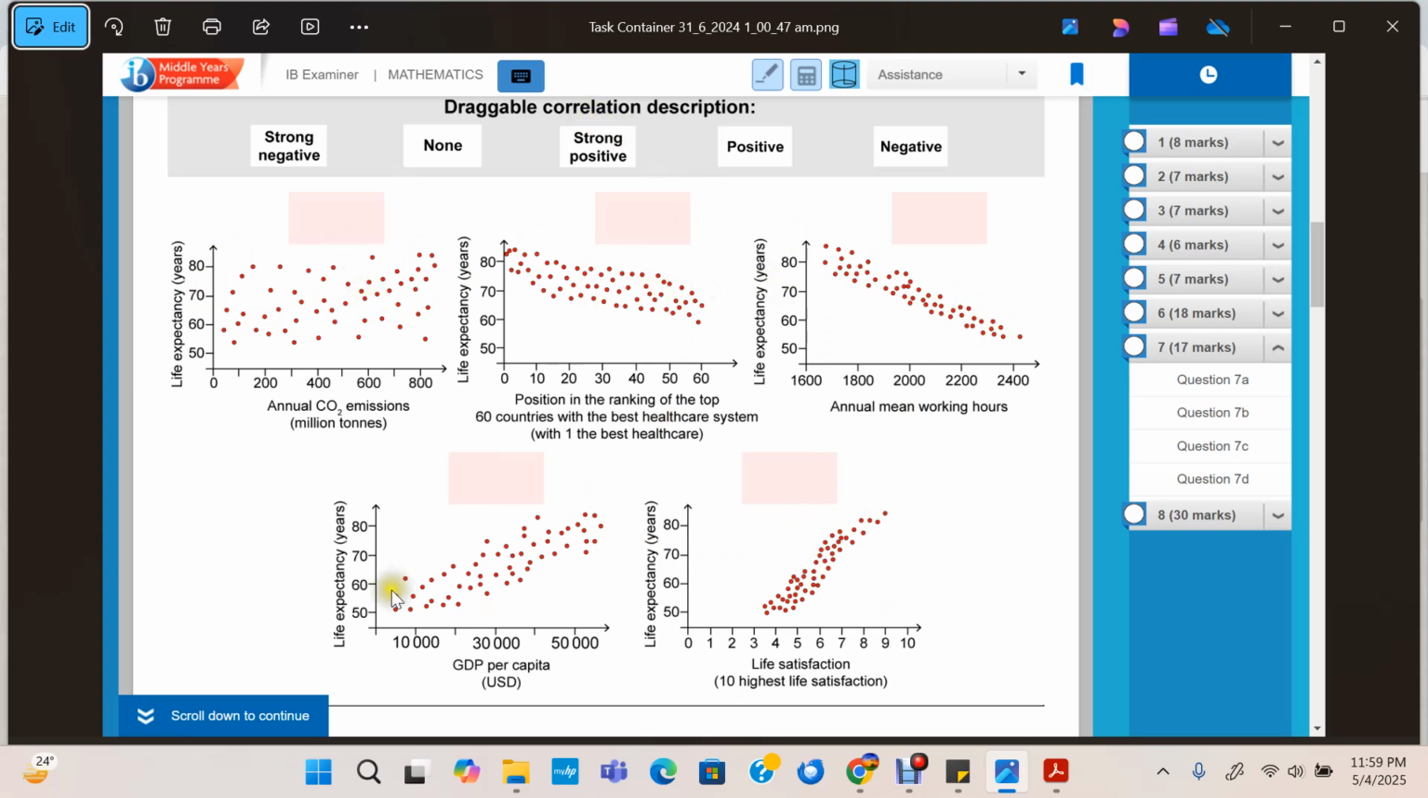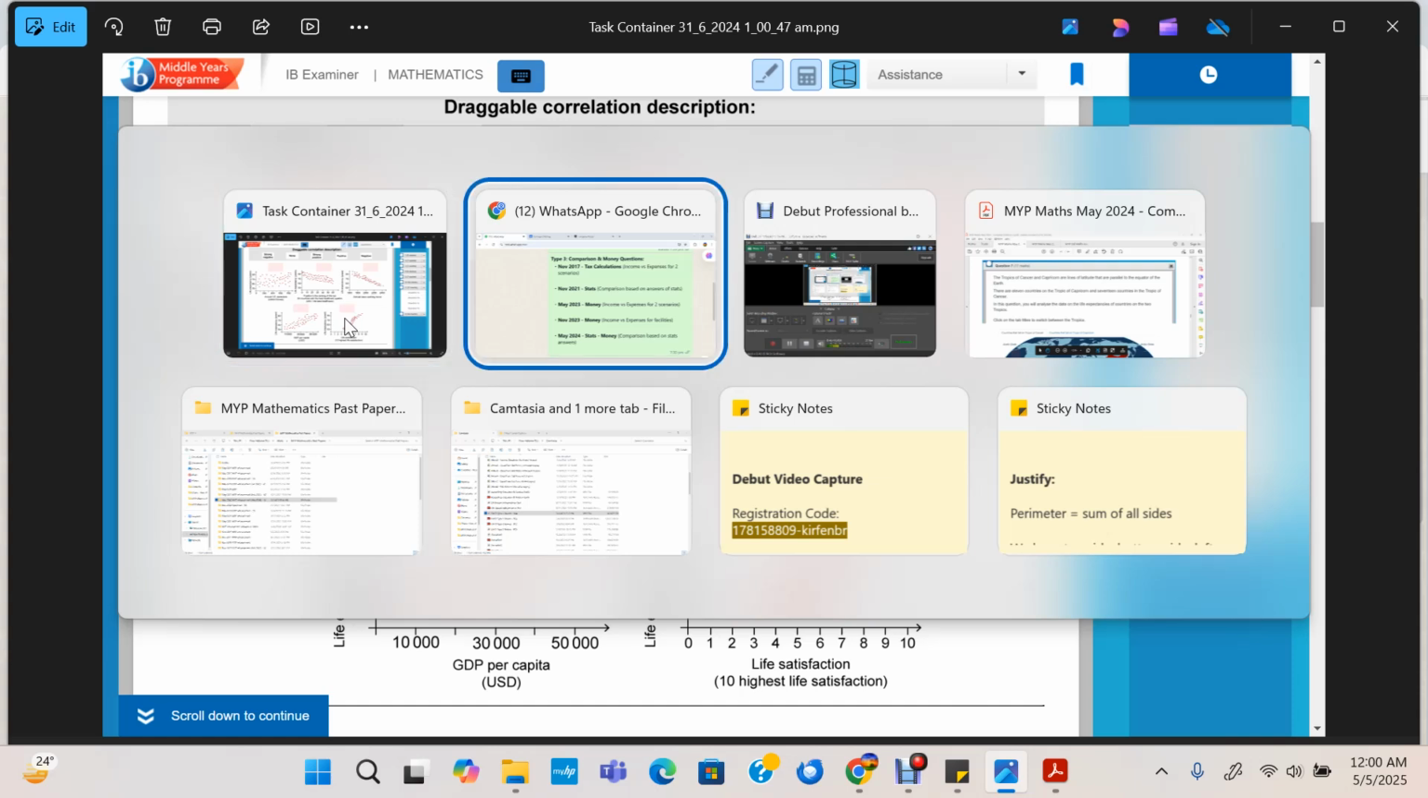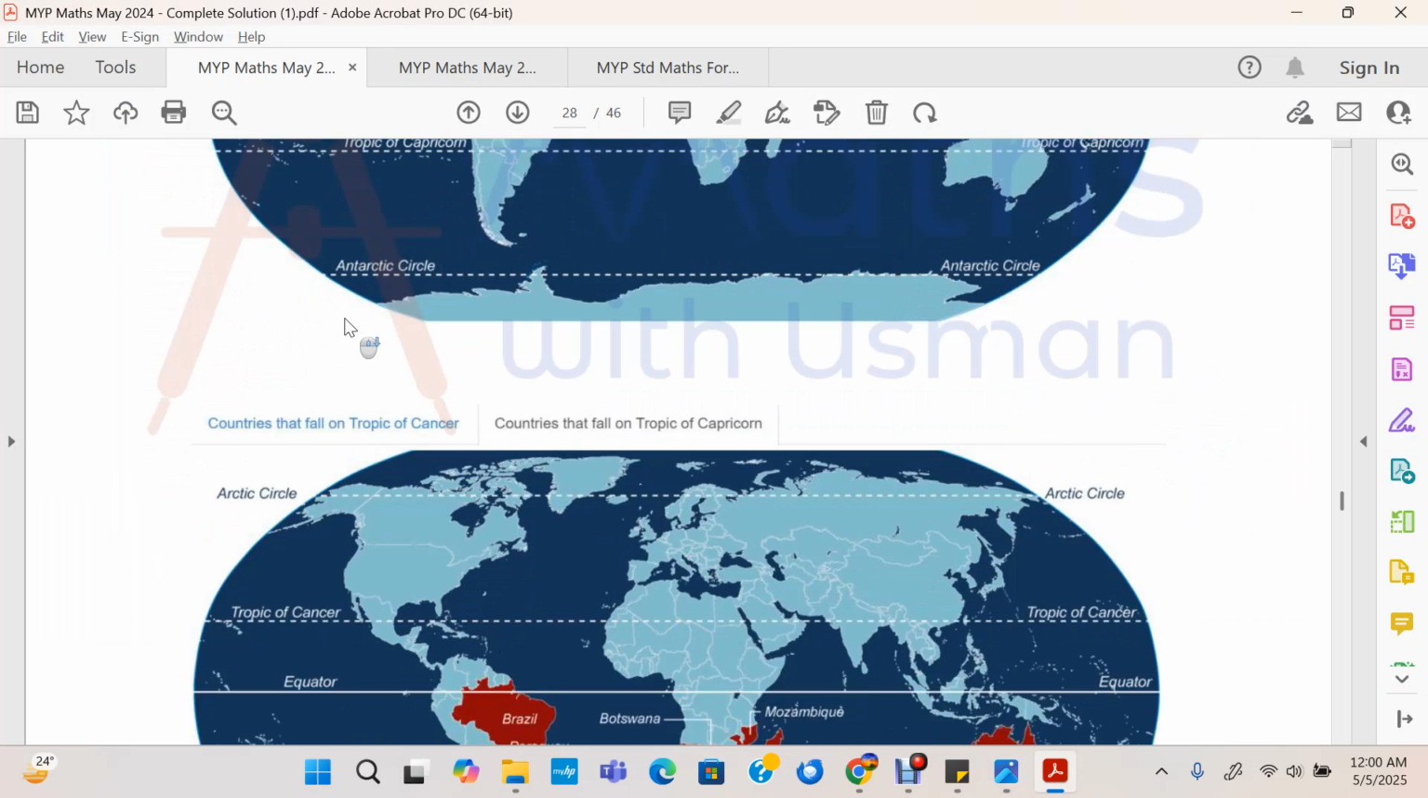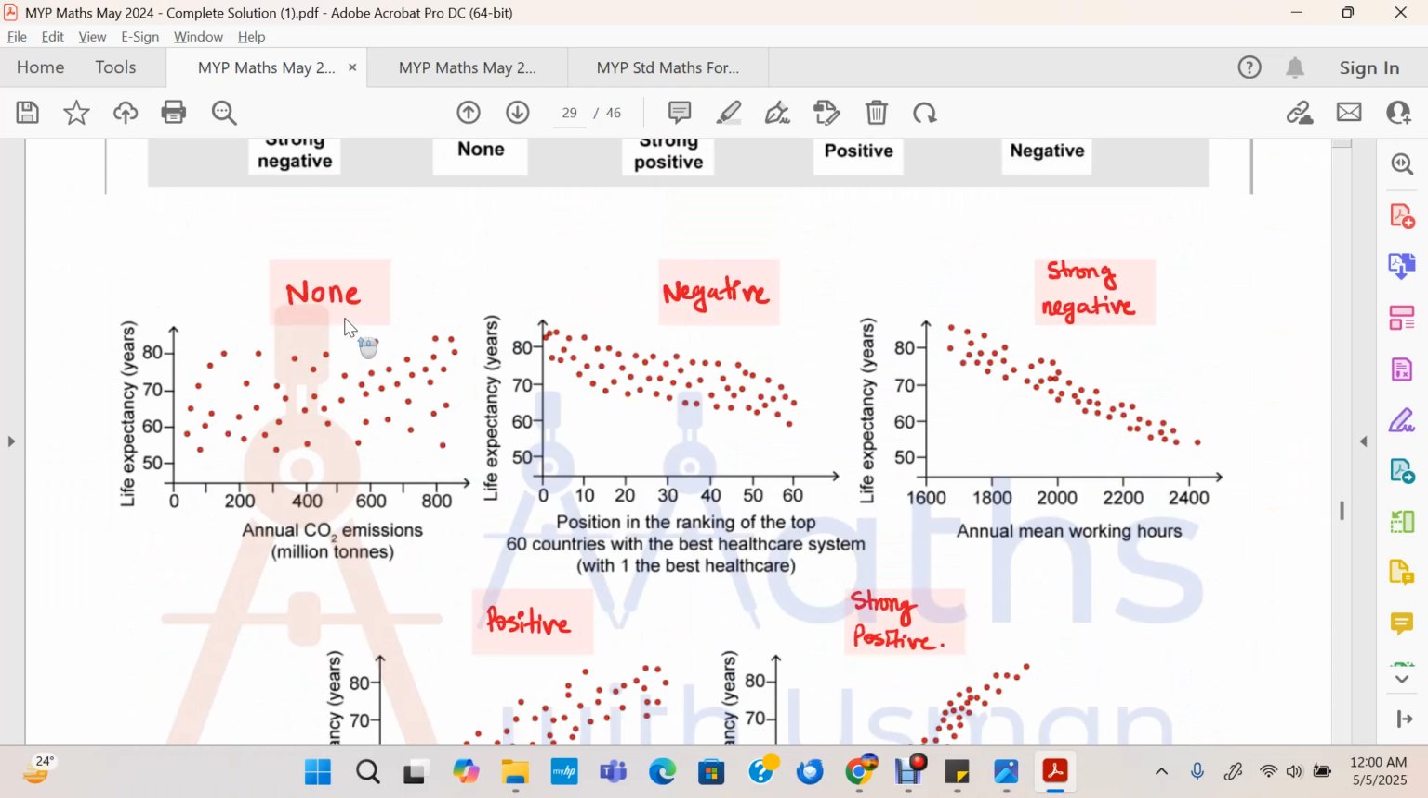The more spaced out the points are, the weaker the normality gets. Okay, so strong positive, strong negative, negative, positive, none. Okay, and that is basically your answer over here if I show that to you in this solution document. All right,